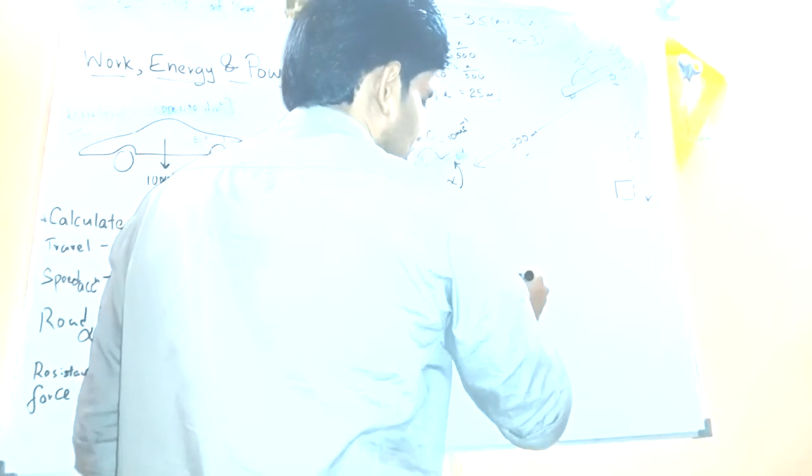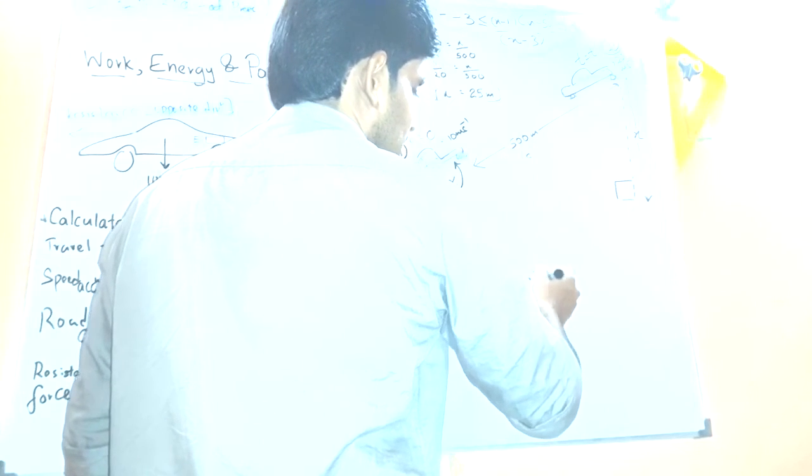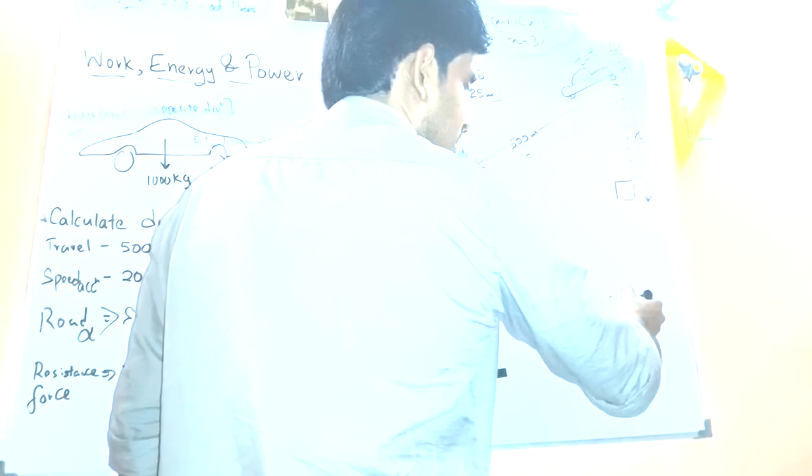Half m (v2 squared minus v1 squared) plus mgx plus Fr times d, right? So as you know the formula, total gain of energy is half, what is m, 1000, v2 squared 20 squared minus 10 squared v1, then gain in the potential energy m 1000, g let's consider it as 9.81, mgh, what is h, this height 25,